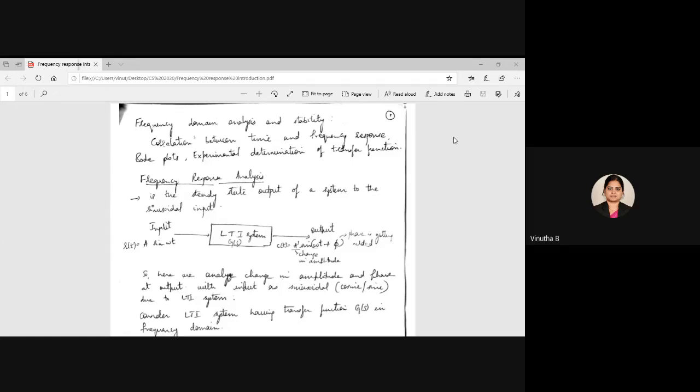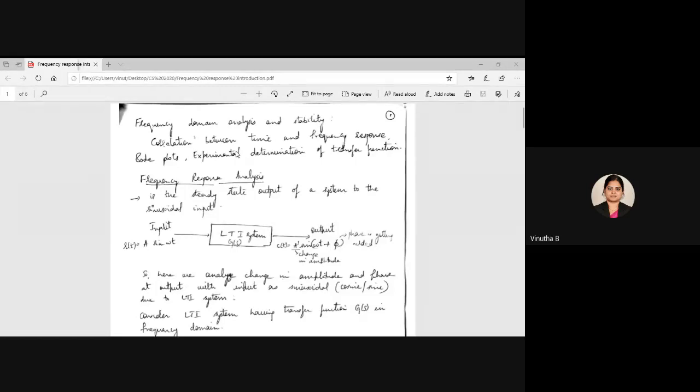So here we are going to study about the frequency response analysis and frequency domain specifications, some problems based on that, and Bode plots. And before we actually get into Bode plots, we have to study about some specifications of these frequency responses so that we can make use of these responses when we are using the technique called Bode plots. So now here the first topic is frequency response analysis.